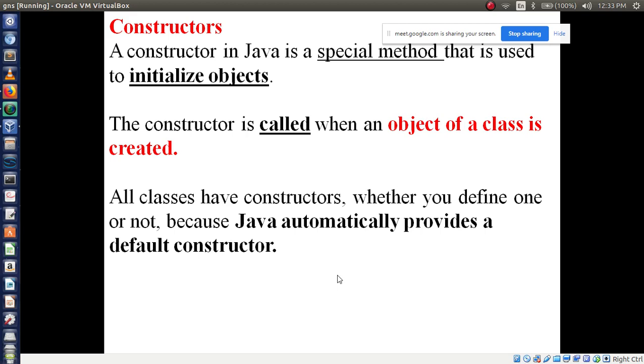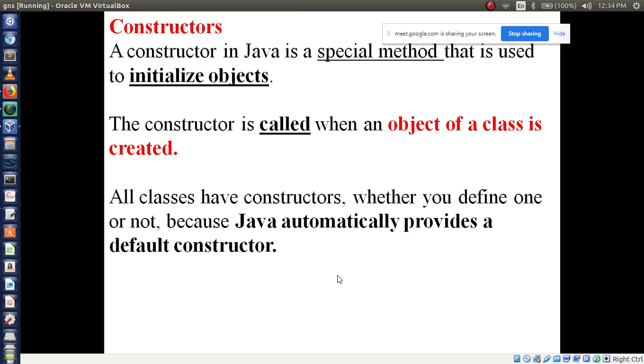It is used to initialize objects. Initializing the object means you created an object, an instance of the class. Class name followed by a reference variable, followed by the new keyword, followed by the class name, then close the brackets. That is called an object, right?